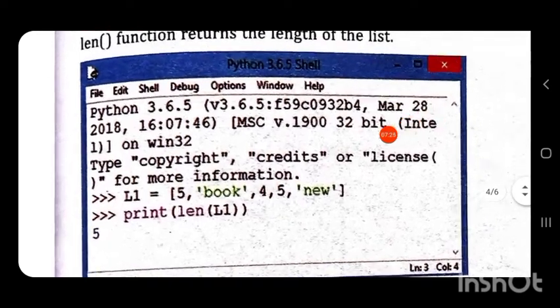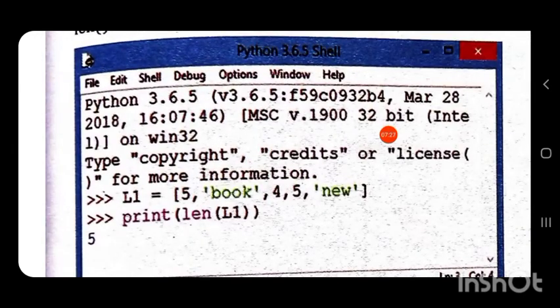So how many elements are there in this list L1? 5, book, 4, 5, new. There are 5 elements, 5 items in the list L1. So the length of the list is 5 because the list contains 5 elements.